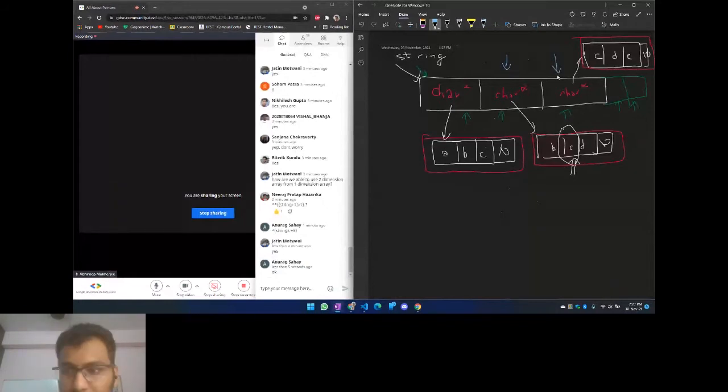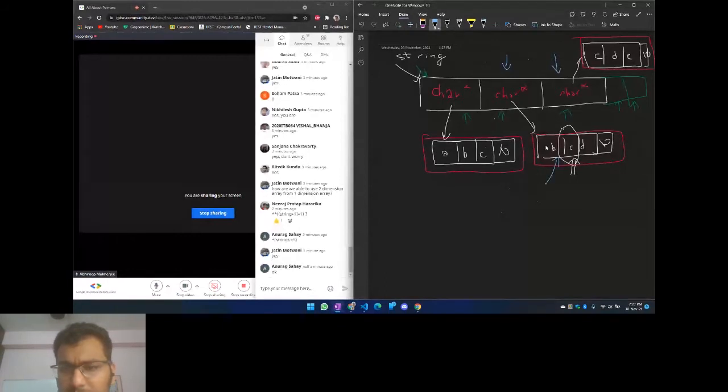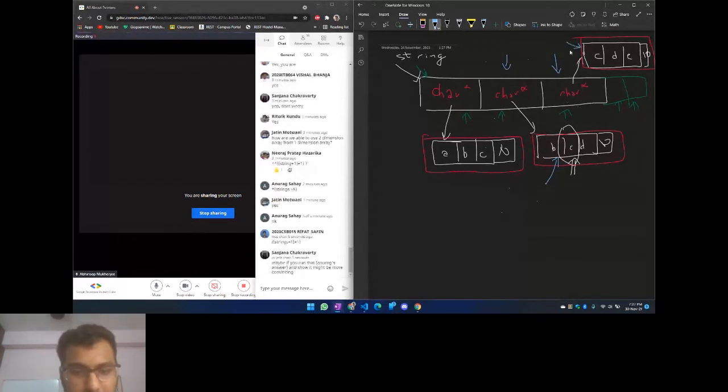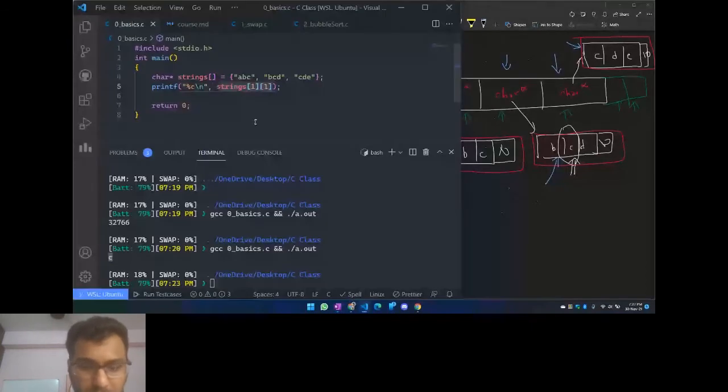So one star will be pointing to this and another star will give an error because we cannot dereference. Okay, this will point to this. Good idea. So the value of strings plus